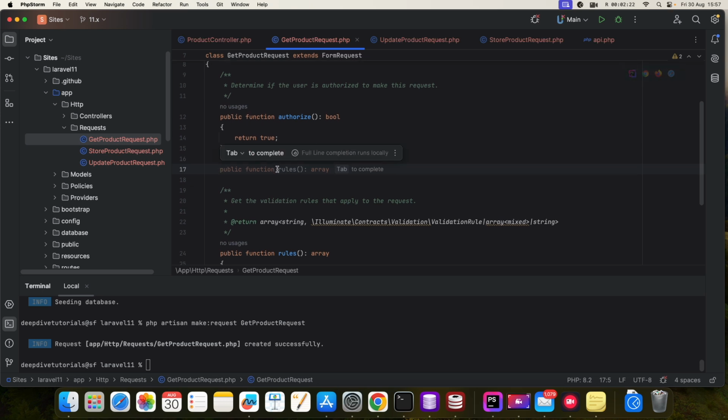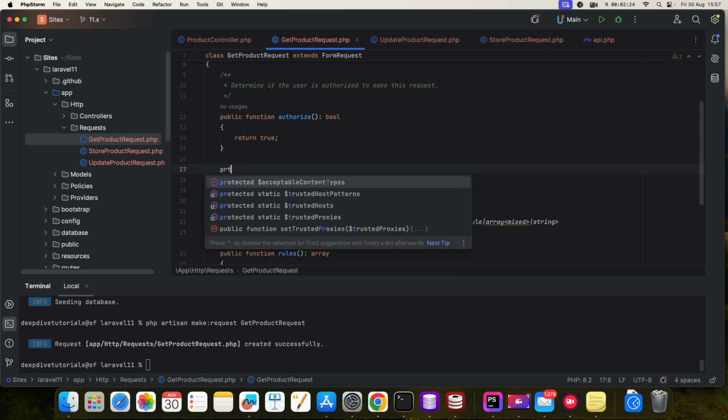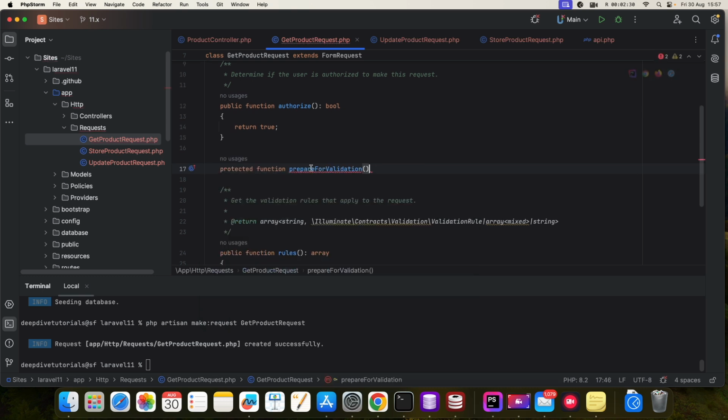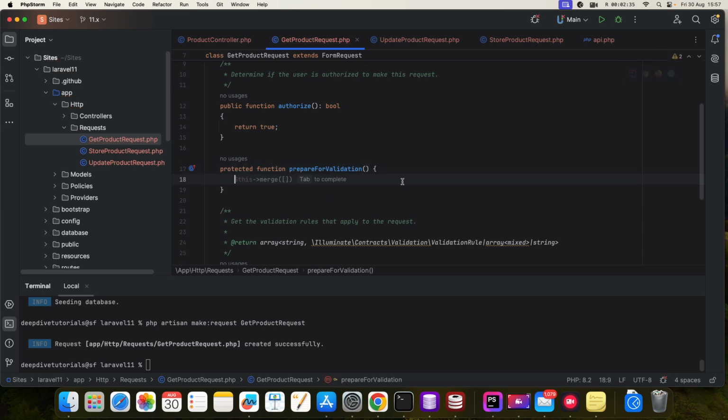So the function for this is protected function prepareForValidation, and I'm going to say this merge. PhpStorm gives me a nice little autocomplete in there, so I'm just going to say product_id,